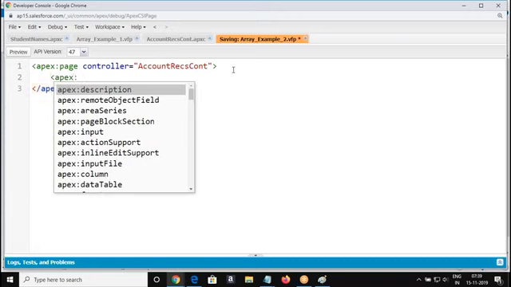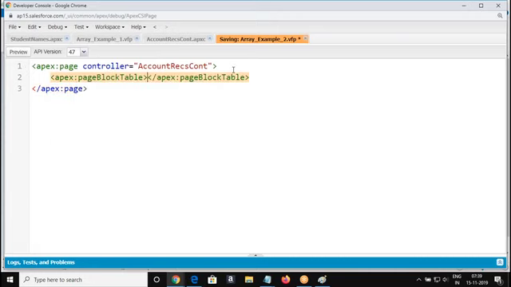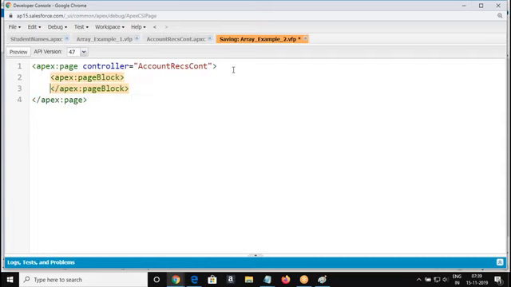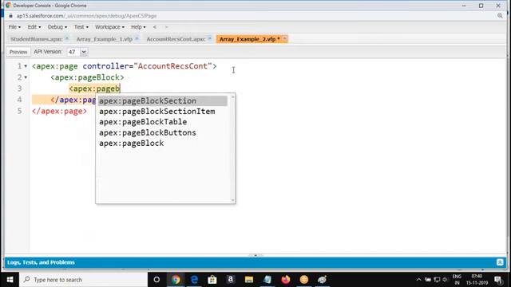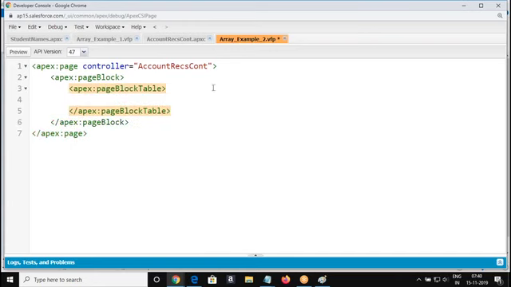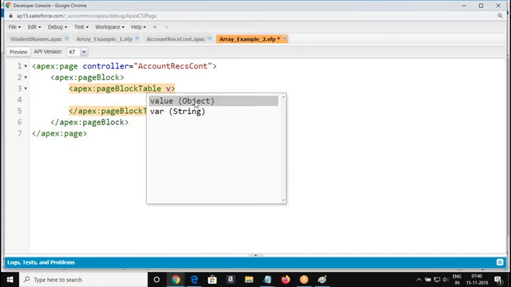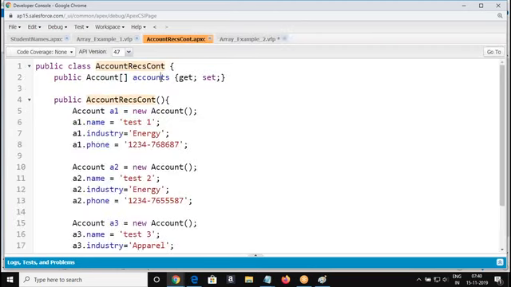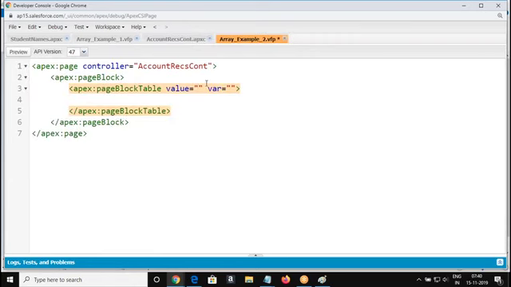Page block, page block table. Any of the components I can use: value, var. What are you going to refer to in the value? This variable name.